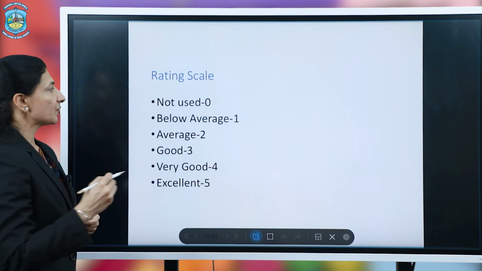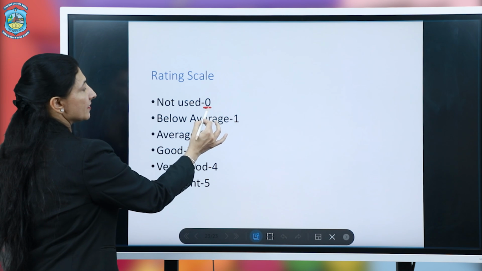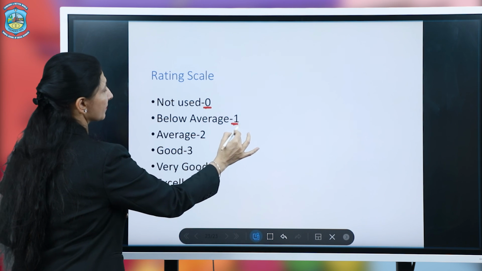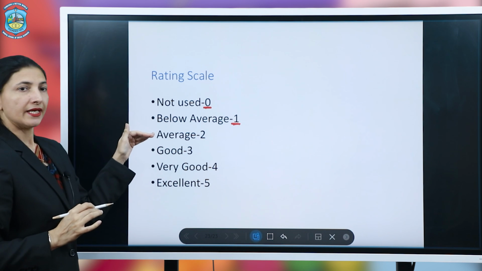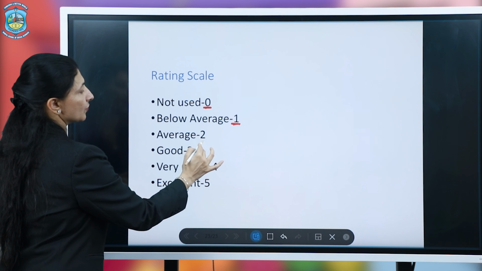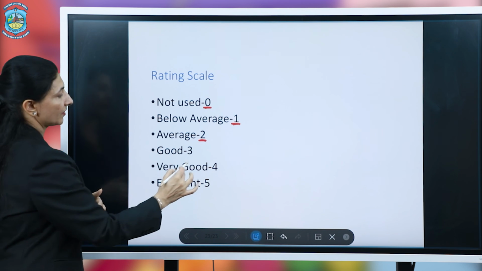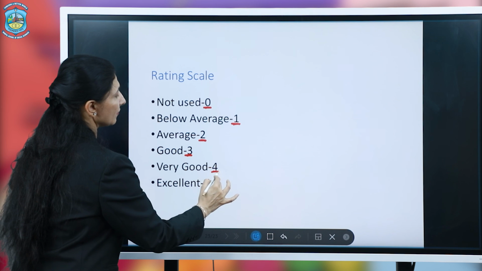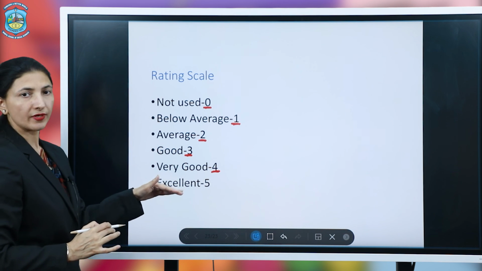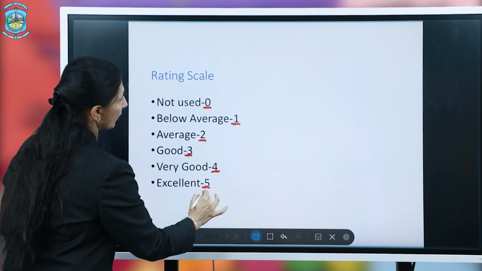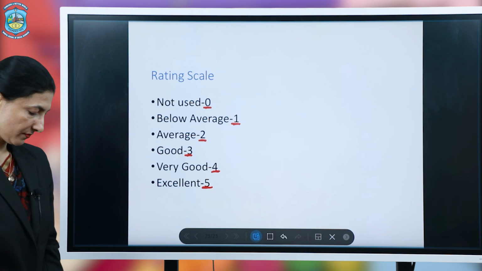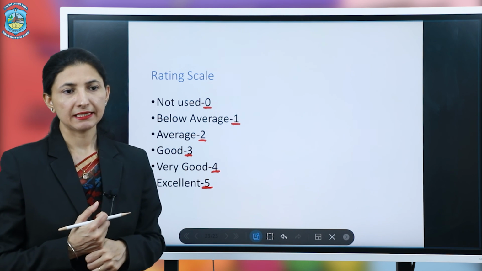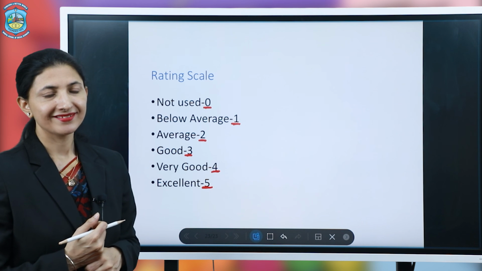You will be getting 0 if you are not using any of the components. 1 is signifying below average, 2 average, 3 good, 4 very good, and for excellent you will be given 5 points. Then it can be added up to show you the grand total.